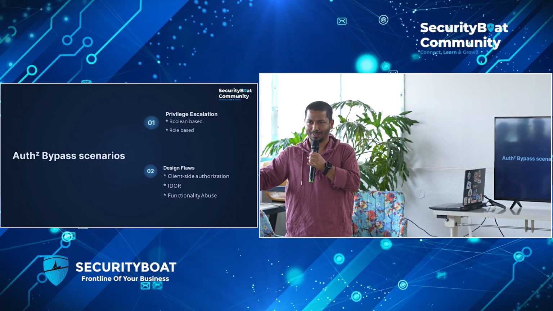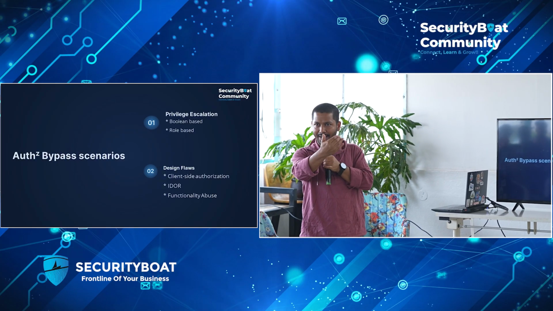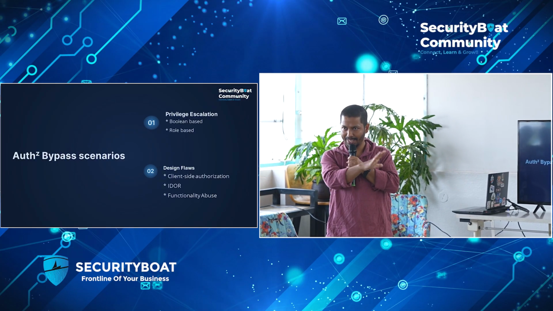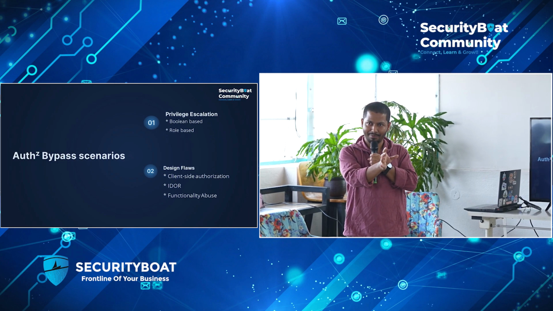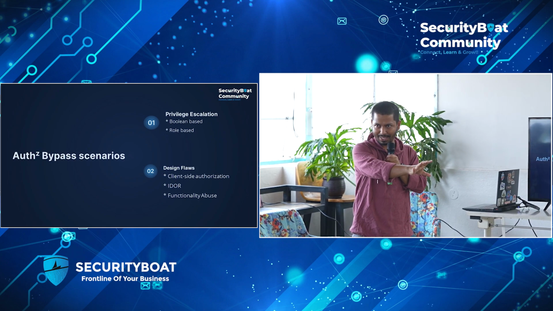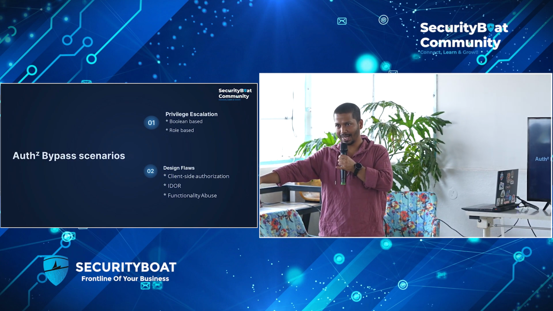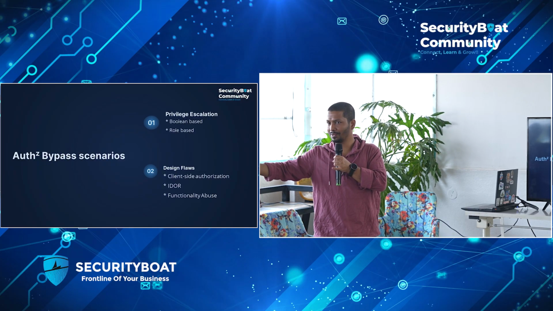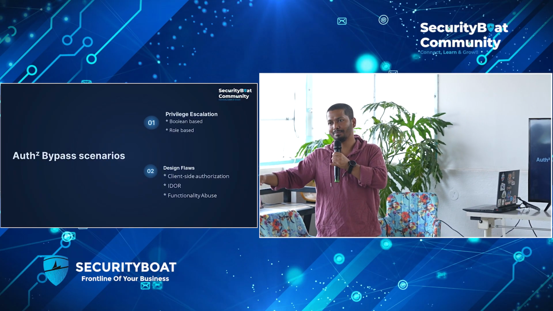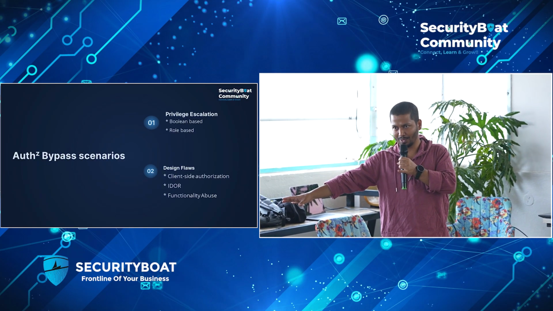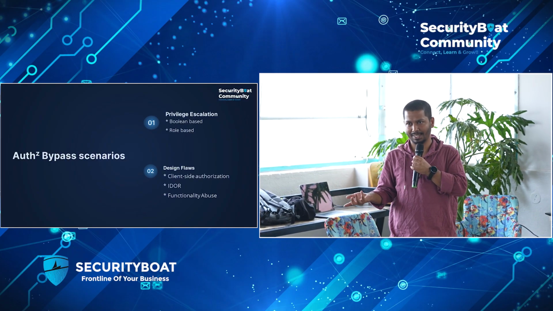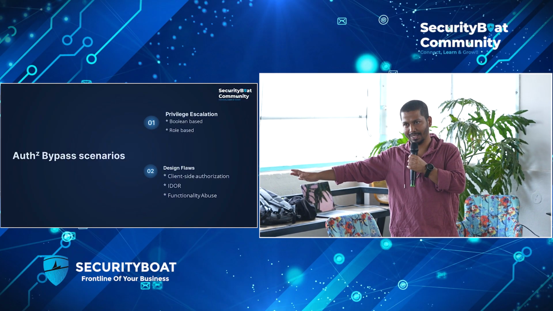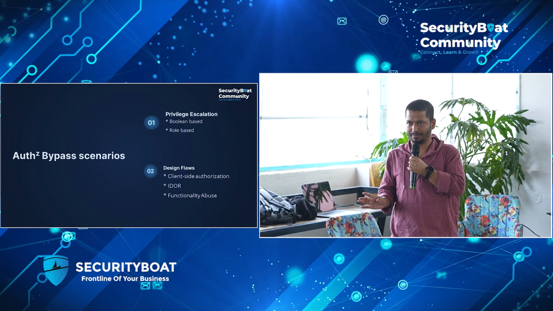So the functionality is managers can add new users in their project. How I abused it is: while adding a user to my project, I changed the project identifier to another project where I am not admin, and I added myself as admin in that project. Then I go to that project and I did privilege escalation. So I became admin for a different project where I was a normal user.